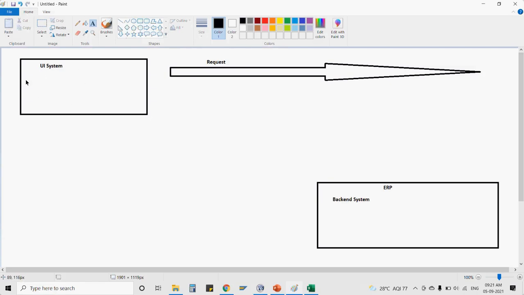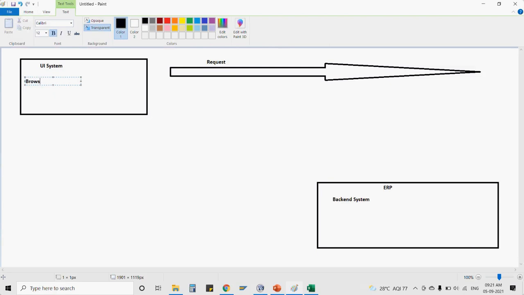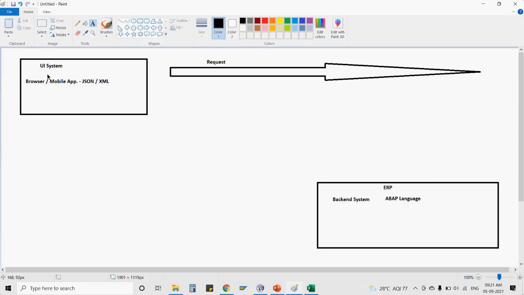Now, my UI system can be anything. It can be a browser, or we can say a native mobile-based application as well, which understands JSON or XML. Okay. So this is what my UI system understands, and what my backend system actually understands. My backend system is an ABAP-based system, let's say. So it only understands my ABAP language. So if my UI is sending me the request in a format which my backend system doesn't understand, then